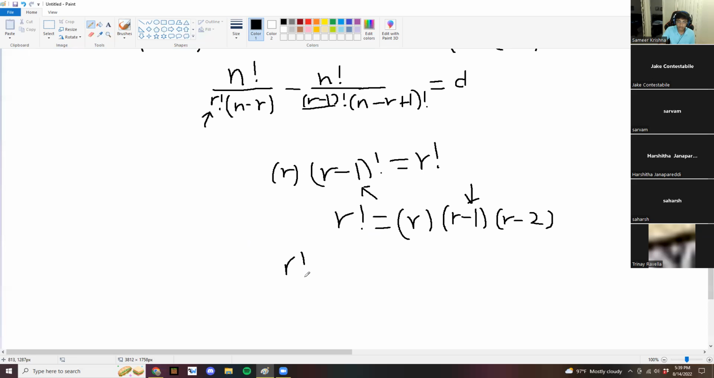then you get r factorial, because r factorial is equivalent to r times